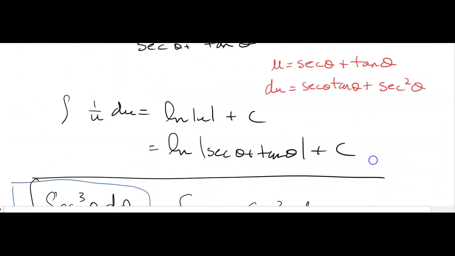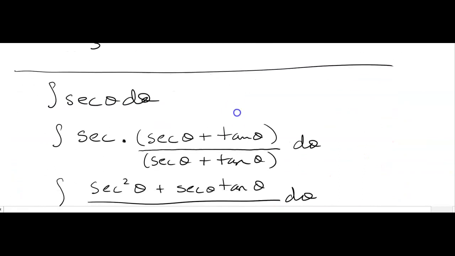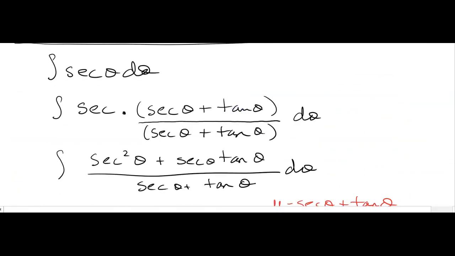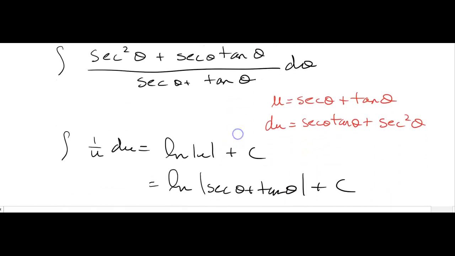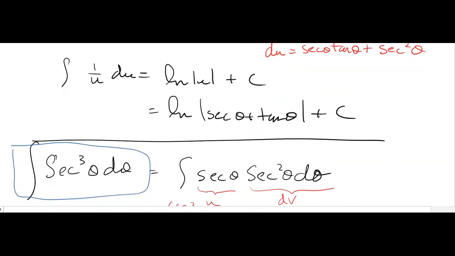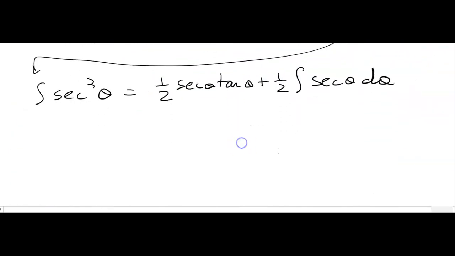Why is that important? Because I believe I just did that. Yep, there it is. We know what the integral of secant theta is. I know. You're not going to necessarily memorize that, but you might be able to quick. We didn't even take that long to do it. If you remember how to do it, it'll come up again. It's just the natural log of secant theta plus tan theta. So it's 1/2 secant theta tan theta